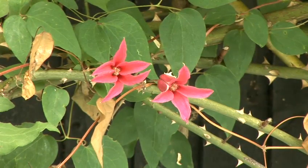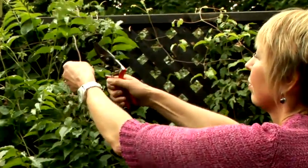more interesting. You can try creating a false doorway. Fix a gate to a boundary wall or fence. Even if it leads nowhere, it will give the impression there is something beyond it. Try using an old wrought iron gate with a mirror behind it and a fringe of climbers to blur the